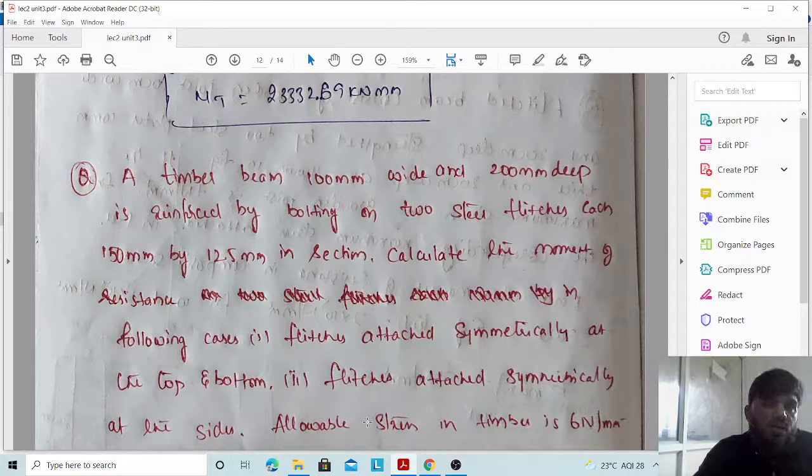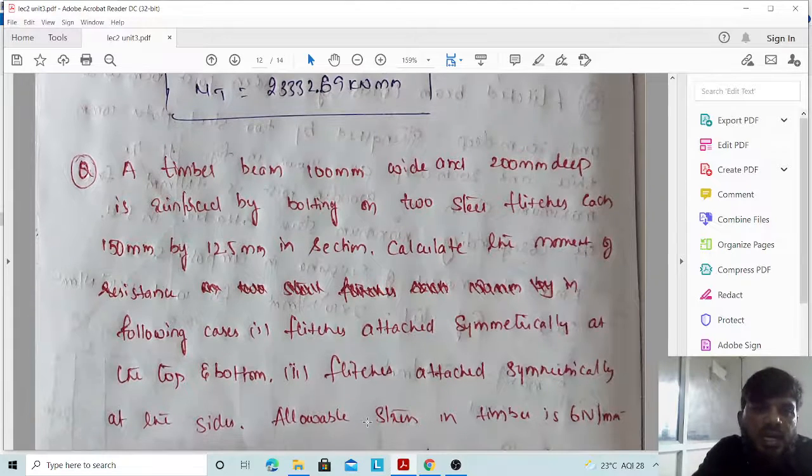Always remember whenever a composite is given, the total delta should be equal, whether it is in terms of thermal stresses, direct stresses, or pure bending. Most of the time the formula remains the same. In thermal stresses also we take sigma 1 by E1 equal to sigma 2 by E2. The same procedure we have followed here also. Clear? Then let us see the next problem.